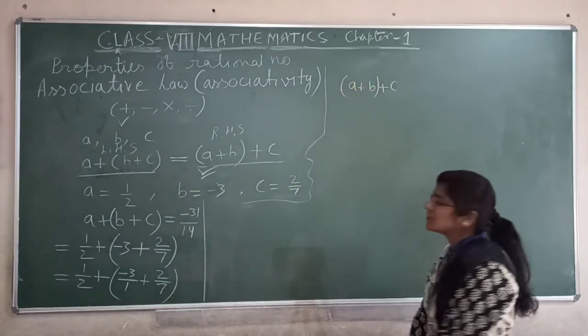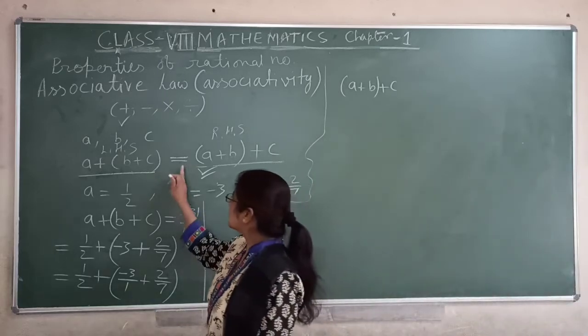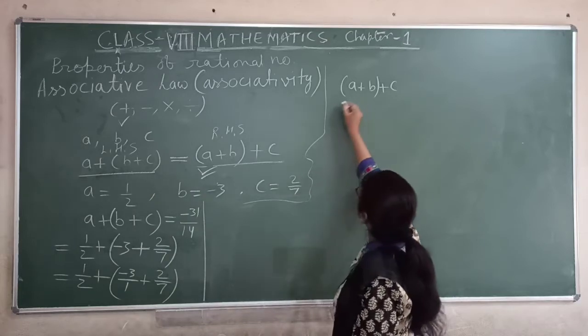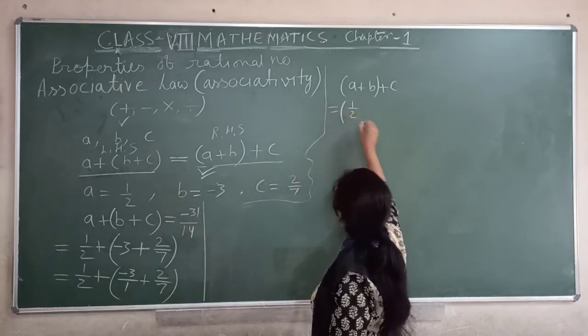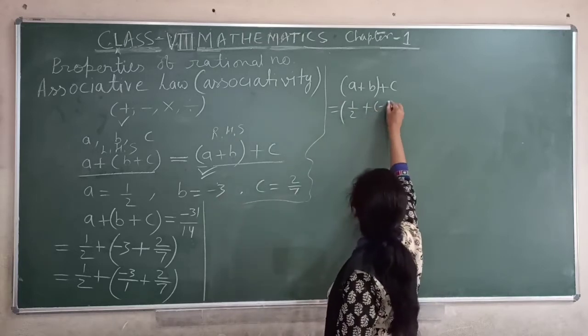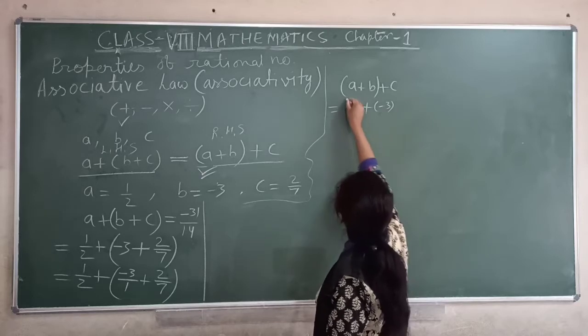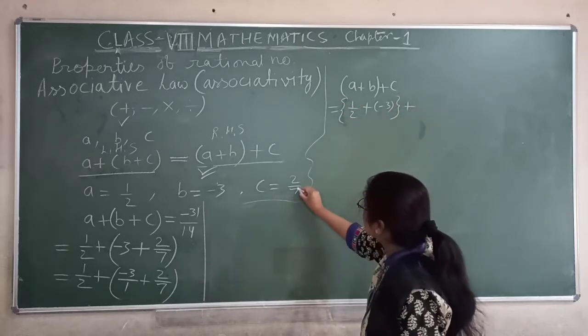Now we will calculate right hand side. Let's check both side calculation coming equal or not. So a you have 1 by 2 bracket here plus b. B is minus 3, so within bracket we will write. So we have to use curl bracket here plus C. C is 2 by